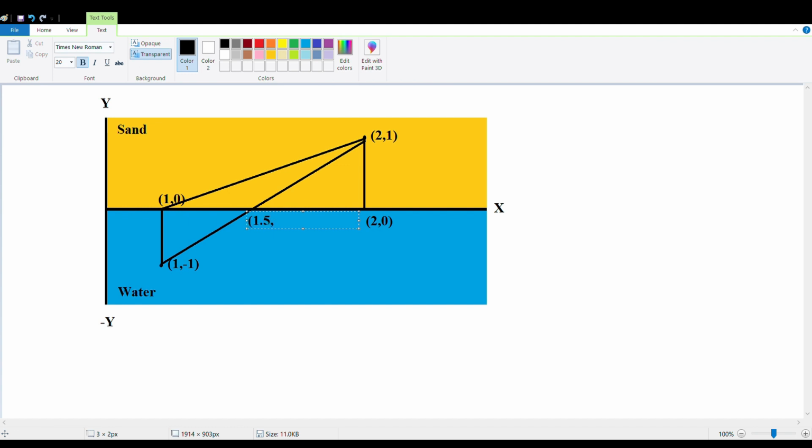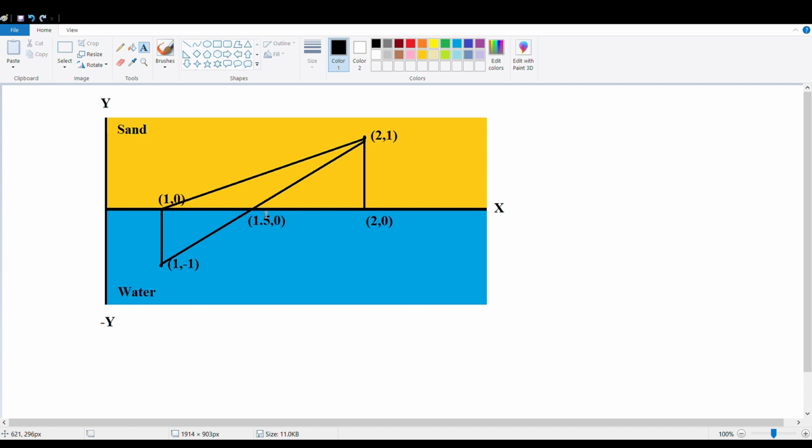1.5 comma 0. Okay, right now, even though our coordinate is not going to lie in this part, we will search the value from 1 comma 0 to 2 comma 0. I'll tell you why. Because right now the coordinate is 1 comma minus 1, but what if the coordinate was 4 comma minus 1? Then the tables will turn. All right, so just to avoid that sort of confusion, just to make a generic answer that will run on all our cases, we will search from 1 comma 0 to 2 comma 0.